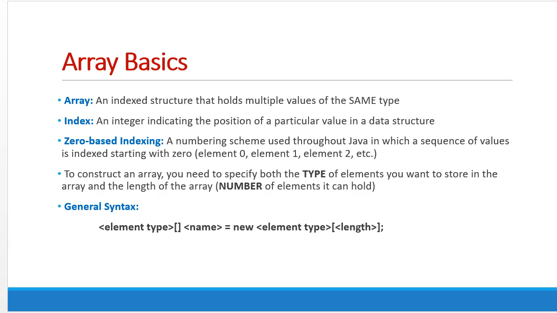So an array is an indexed structure that holds multiple values of the same type. So if I want to, for example, have a scanner and collect 5 items, that's no problem. You can just collect them into 5 integers. But if I want to collect 100 of them, or an unlimited number of them, I can't do that. So what I will do is use an array and create an indexed structure of however many elements I need. They are indexed by 0, just like strings, and not coincidentally, strings and arrays look a lot alike,